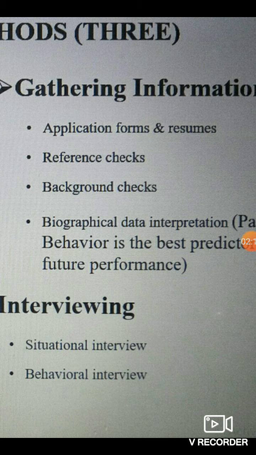These are the information through which we are trying to gather information. That is why it's a tool of employee selection. We are trying to gather information especially related to personal information, official information, academic information, experience and other credential-related information. All these are the major aspects of application forms or resumes. Next is the reference check, and the third point we have listed is background checks.